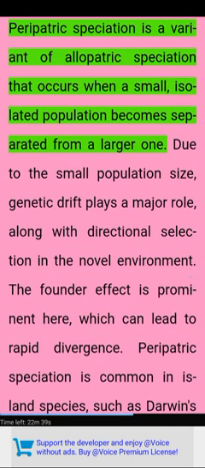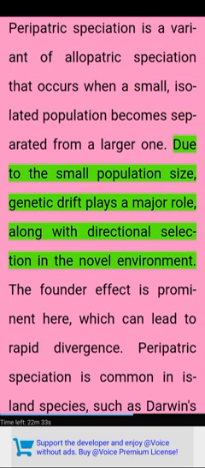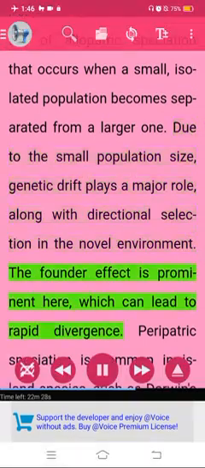Parapatric speciation is a variant of allopatric speciation that occurs when a small, isolated population becomes separated from a larger one. Due to the small population size, genetic drift plays a major role, along with directional selection in a novel environment. The founder effect is